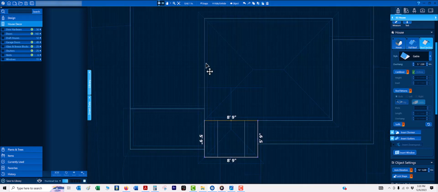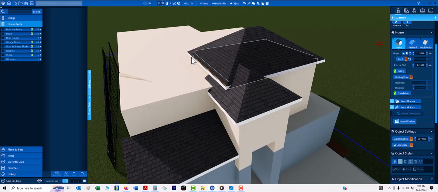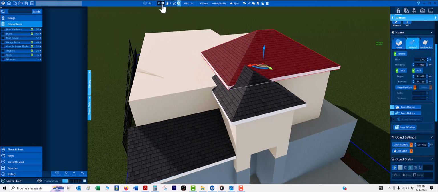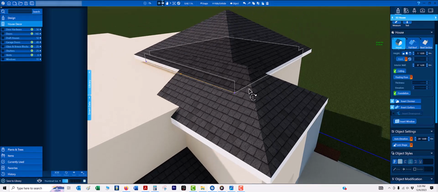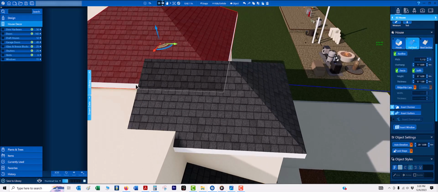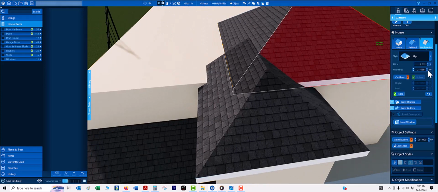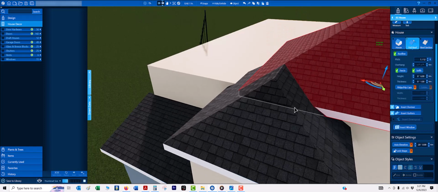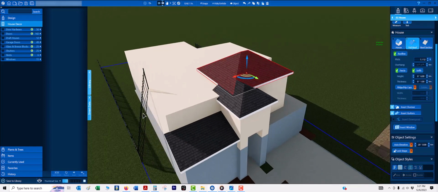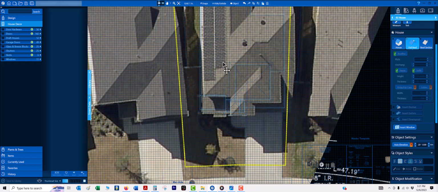So this line, okay, and then now we have one that goes all the way across. This one goes from here all the way to there, so